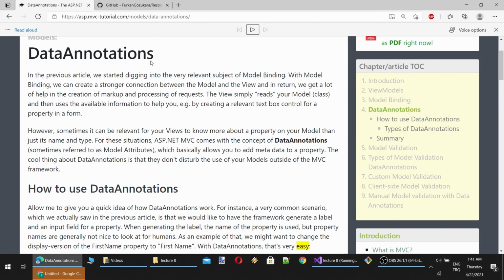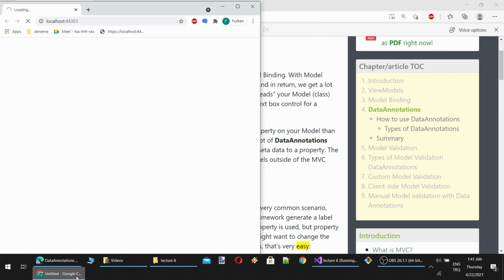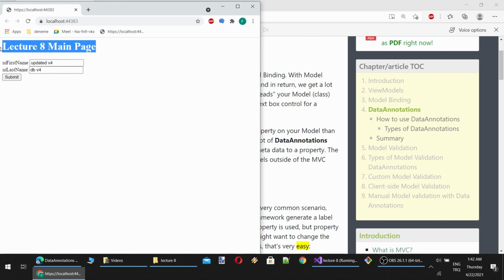You see, when you encounter a problem, you should read the details, because usually the details will tell you where the problem is, then you can pinpoint the problem easily and solve it. Okay, so the error messages you are getting when developing software are really important. Okay, so the lecture 8 main page is opened, but we are still seeing parameter names.